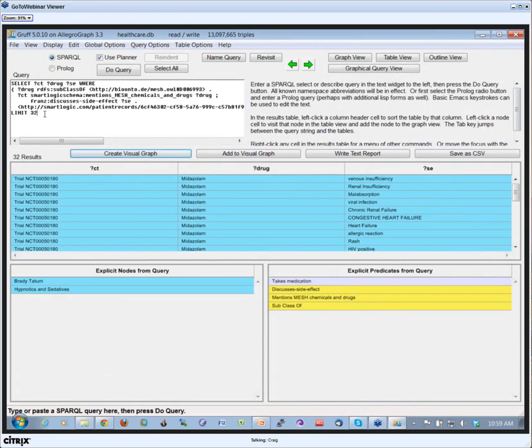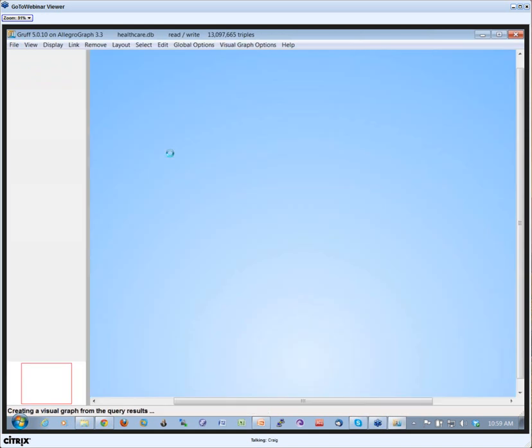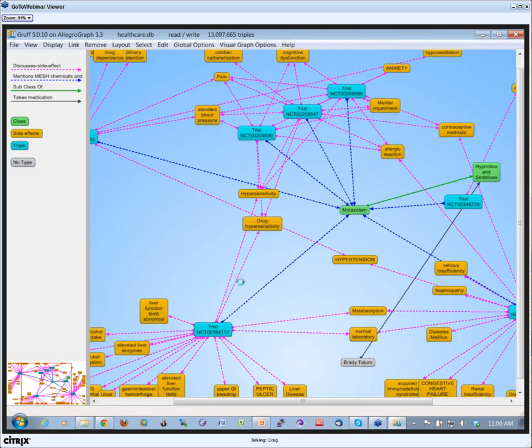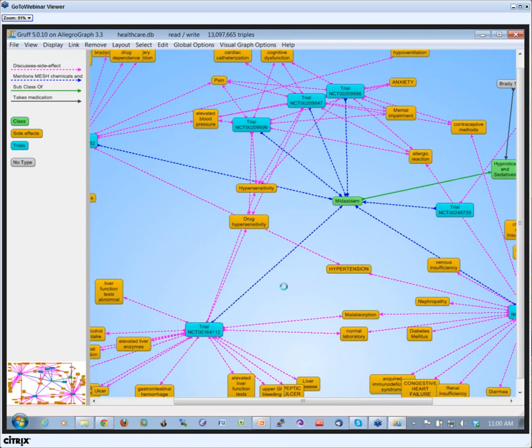And then I could go back in the thing here. I could say, well, I actually would like to see 100 results. Do the query again, create visual graph. Then now we see a much bigger one. But again,